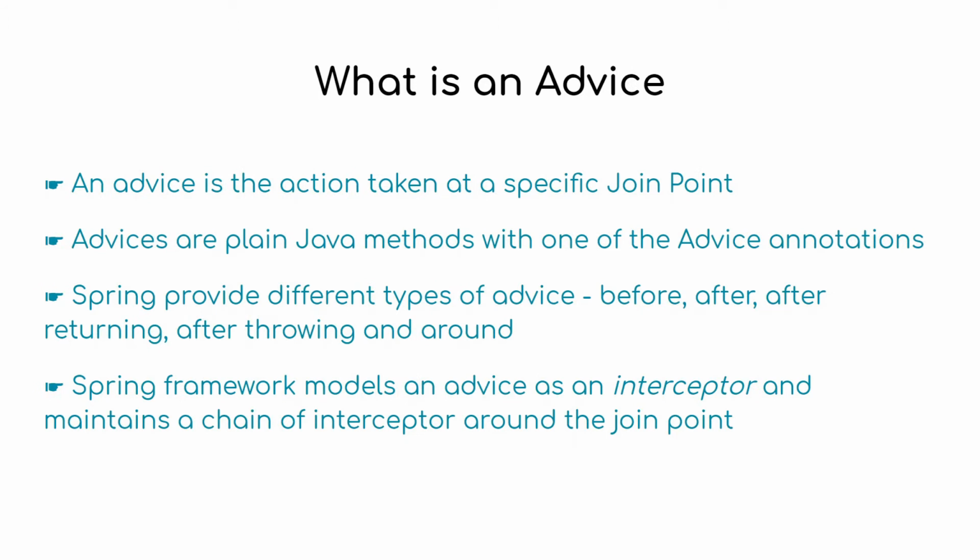In this lecture, we'll talk about advice. An advice is the action taken at a specific join point. Advices are plain Java methods with one of the advice annotations. Spring provides different types of advice: before, after returning, after throwing, and around. Spring Framework models an advice as an interceptor and maintains